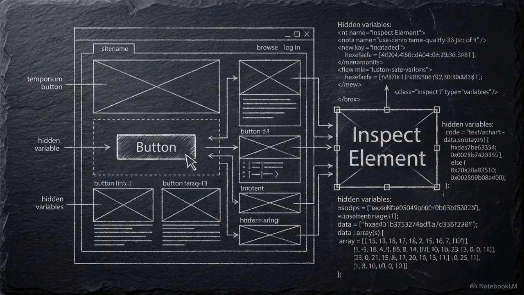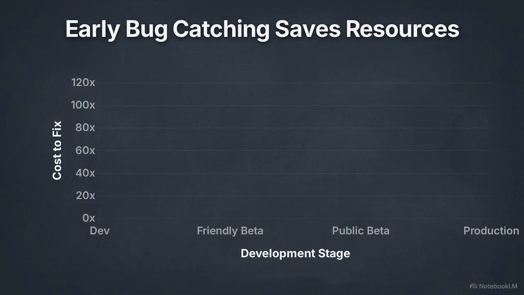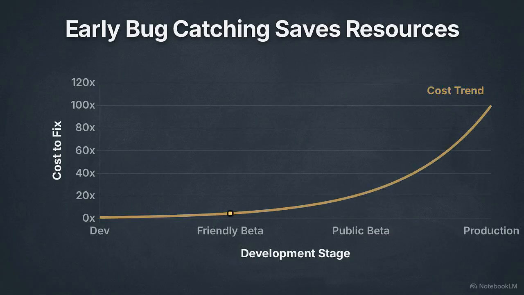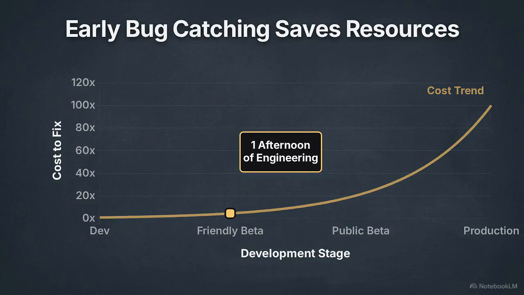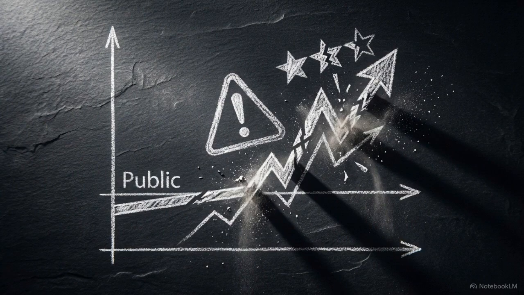They are the only people who will actively venture off the documented path and stress test the strange, unpredictable boundaries of your product. This matrix chart maps out the cost to fix a bug against the stage of development. Finding a vulnerability during a friendly beta costs a team an afternoon of engineering. But if that same bug survives until public production, it turns into support tickets, anxieties, and a massive spike in